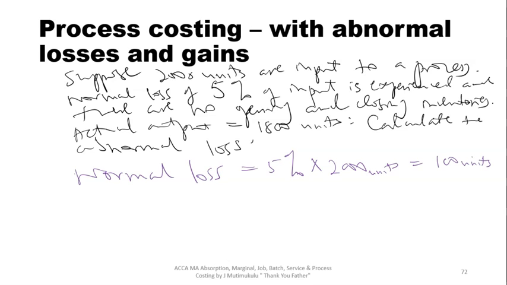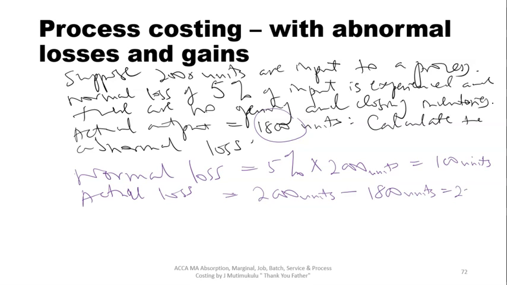All right, so what about the actual loss? Actual loss suffered. From the information, we had 2000 units, but we produced how much? 1,800 units. So we have got 200 units of actual loss. So obviously, therefore, abnormal loss